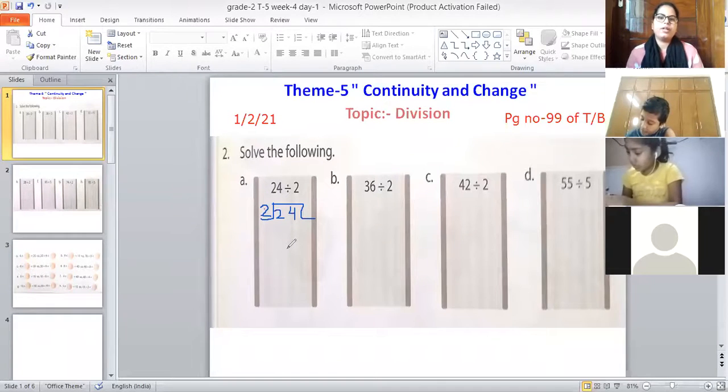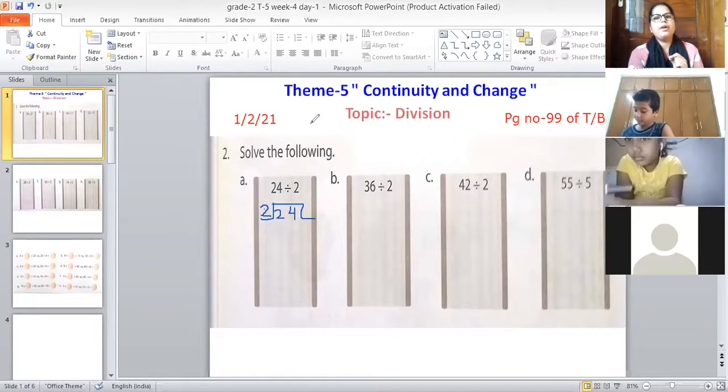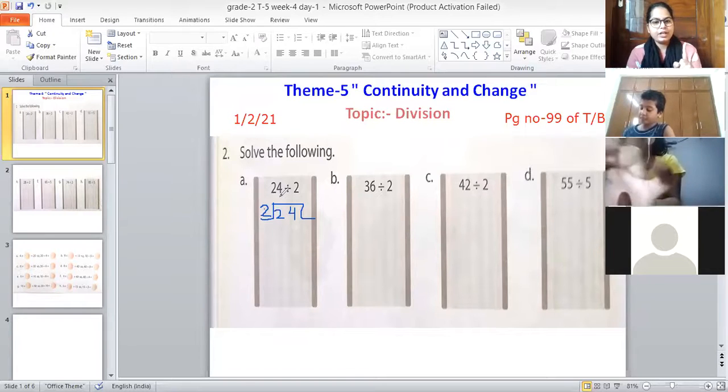Okay, you said 2 and 4 together. Why are we not taking only one digit here, that is 2? Tell me, Advaita, is 2 smaller than 2, greater than 2, or equal to 2? Equal to, ma'am. Very good. So can we get 2 in the 2 table? Yes, ma'am. 2 ones are 2. So since we can get this one digit, that is 2, in the 2 table, we will take only one digit at a time.